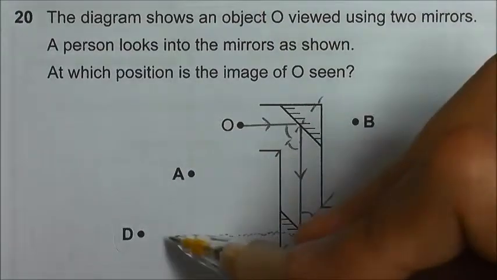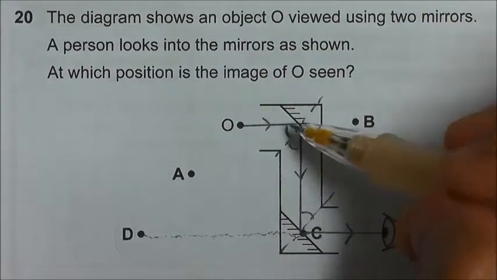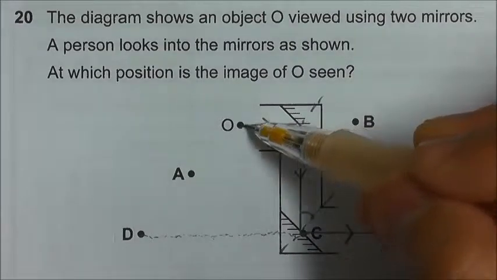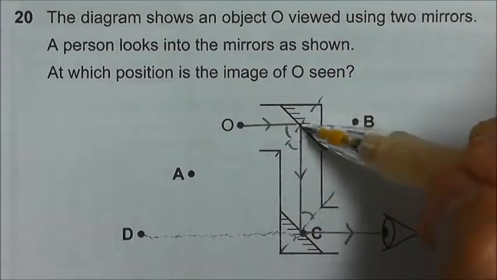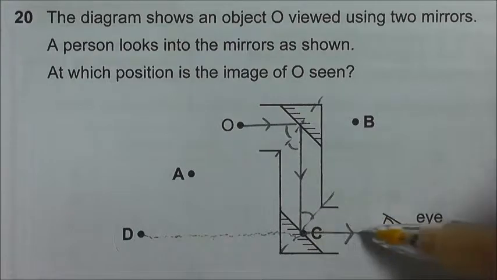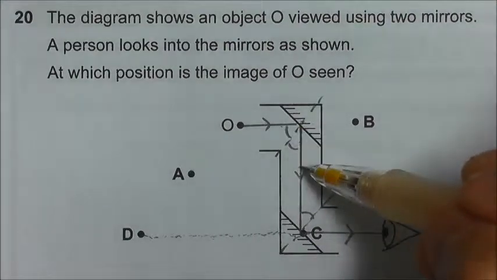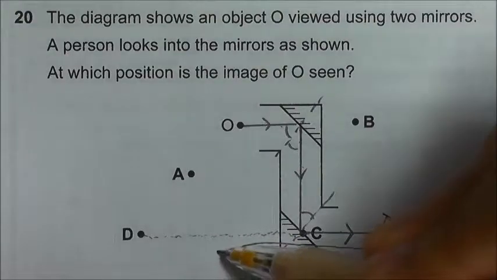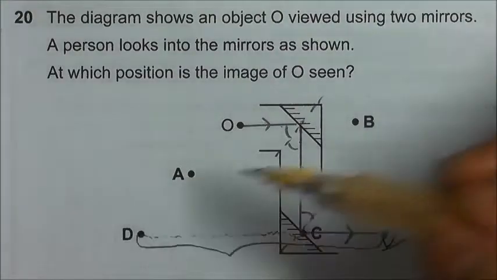So how long will it trace back? It is the same as the distance traveled by the light ray. So the light ray travels this distance, and this distance. So you add these three distances up, and the eye will trace back the same distance to form the virtual image at